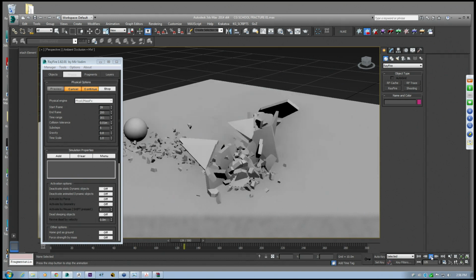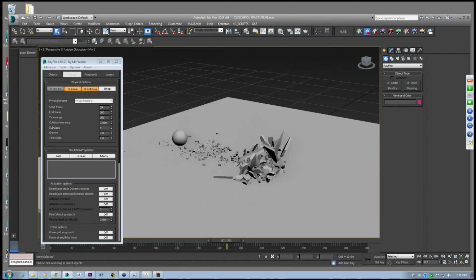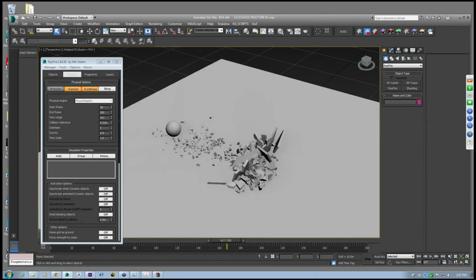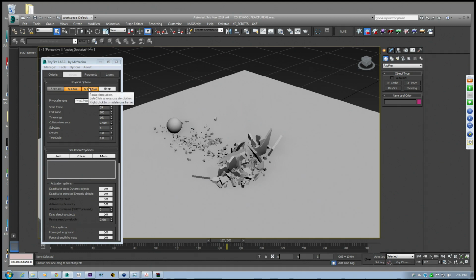So that's working quite well. There's no huge anomalies, but let's just go through a few issues that I found that you might find if you ever use this software, mainly to do with the scaling of things. So let's stop this,